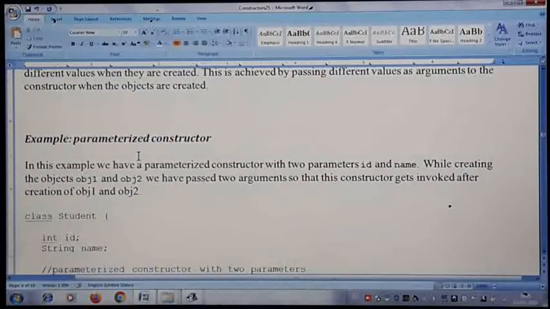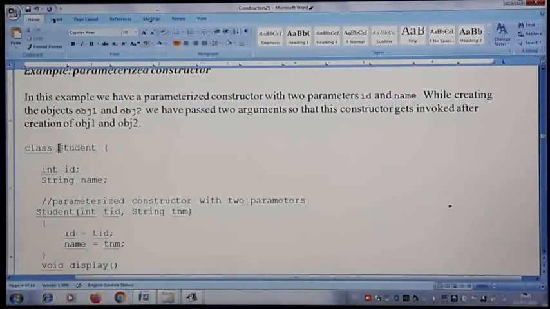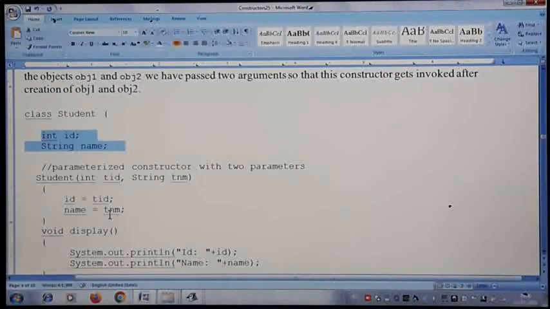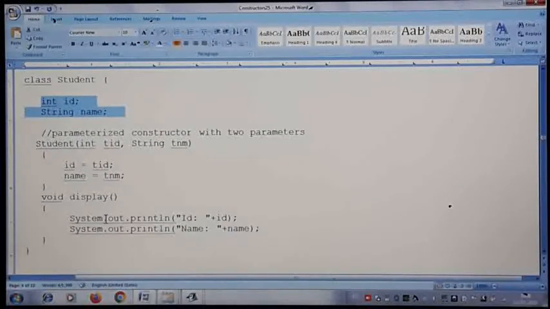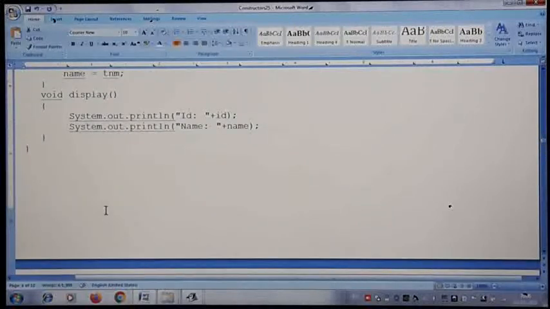Then we saw one example of the parameterized constructor also, and we saw its working. We took a student example where we wrote one parameterized constructor. You can see here I have written a comment, parameterized constructor with two arguments. This constructor takes two arguments, and the instance variables or data members are initialized with the argument variables. That is what we saw in the last class, along with its working. So all these things we understood in the last class.